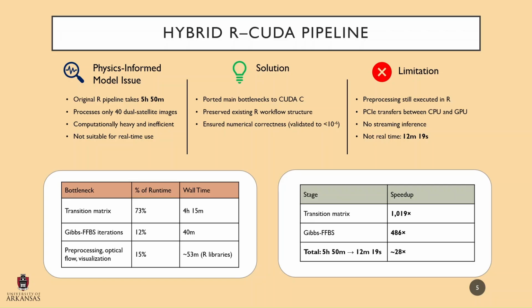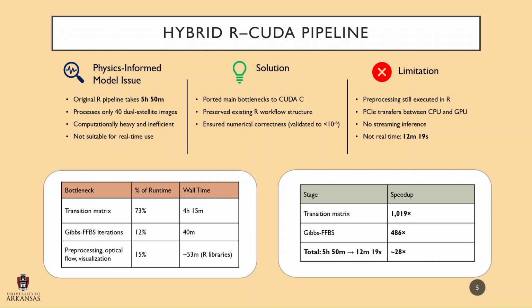Our hybrid solution ported these main bottlenecks to CUDA-C while preserving the existing R workflow structure around them. We ensured numerical correctness to within 10 to the negative 6th, and the result was dramatic. The transition matrix saw a 1019 times speedup, and the Gibbs FFBS achieved a 486 times speedup. The total wall time dropped from 5 hours 50 minutes to 12 minutes 19 seconds, which is roughly a 28